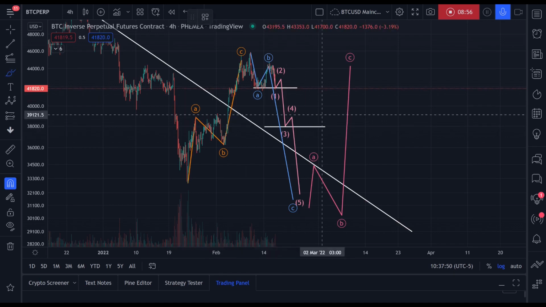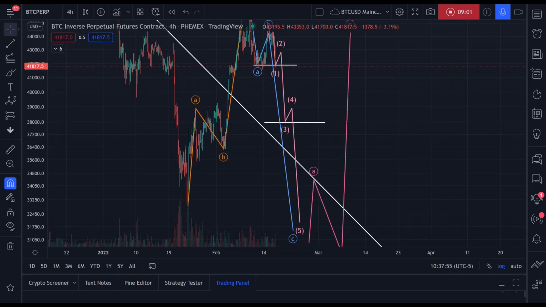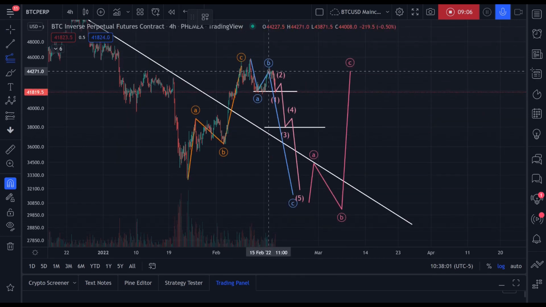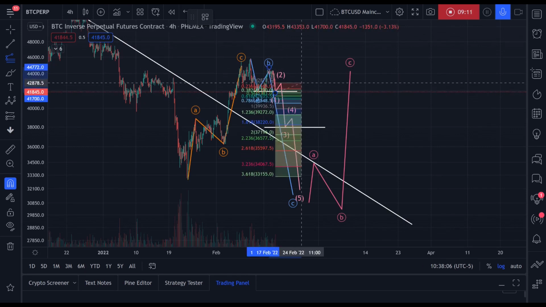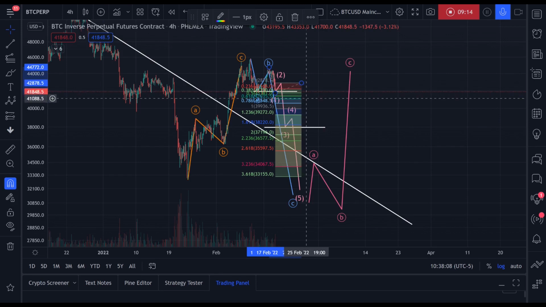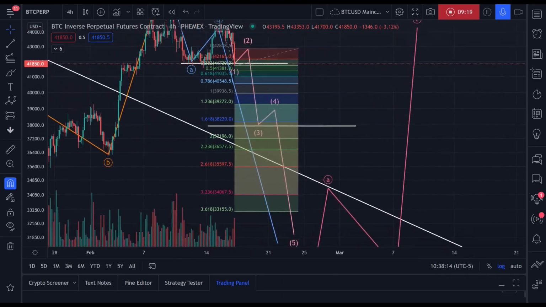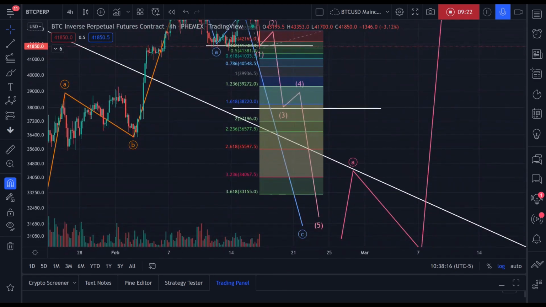So I do believe that this is a viable support for our wave 3. And if we take our Fibonacci extension tool and we take the length of wave 1, from the top of wave 1 to the bottom, wherever that ends, around there, let's say a retracement of wave 2, we see that wave 3 does indeed end between the 1.618 and the 2. We know on the balance of probabilities, statistically speaking, most wave 3 impulses in a 5-wave sequence end between the 1.618 and the 2 Fibonacci extension.